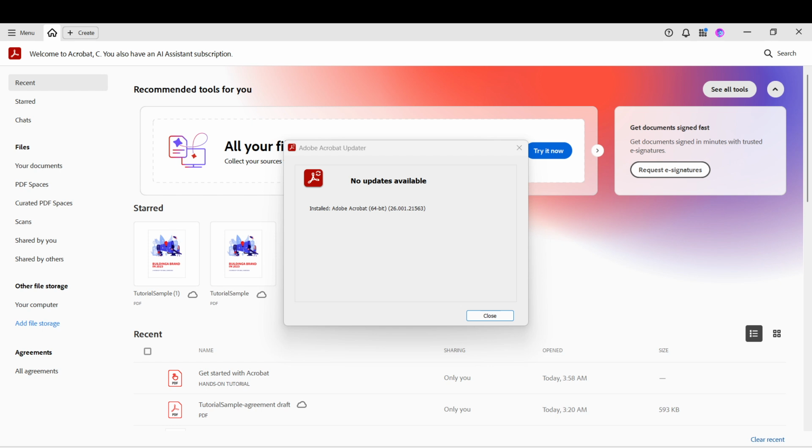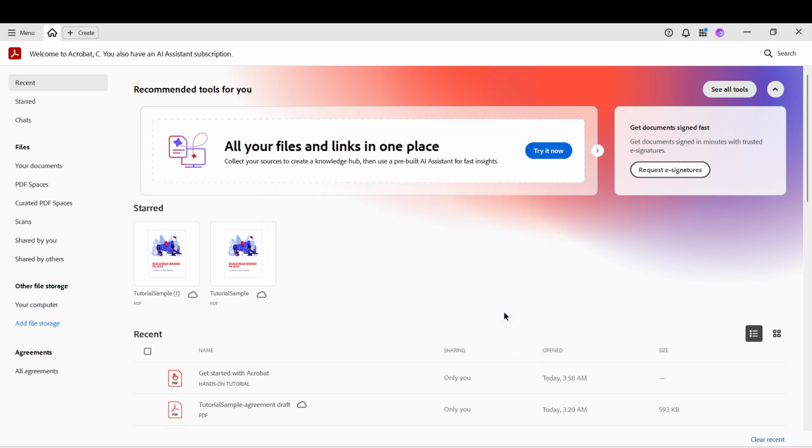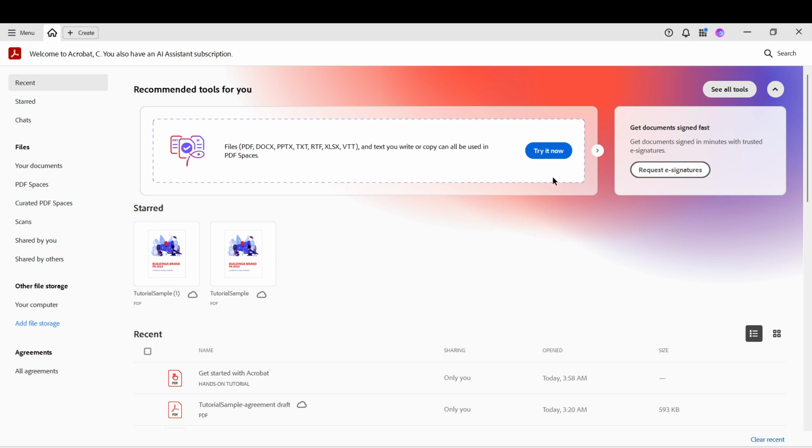If you're already up to date, a pop-up will confirm that no updates are available and that you have the latest version installed. In that case, you're all set and can continue using Acrobat as normal. Once the patch finishes processing, click Close to exit the updater. If Acrobat prompts you to restart the application to apply changes, go ahead and close and reopen it. This ensures the new files are fully loaded and any security fixes take effect immediately.